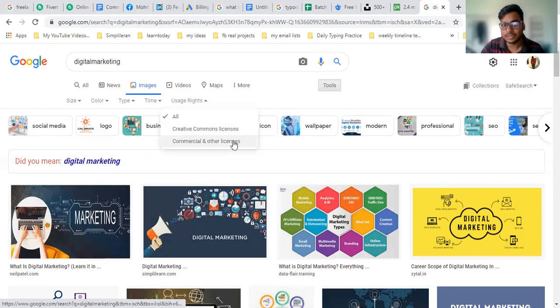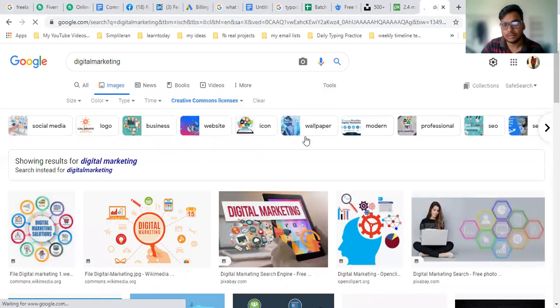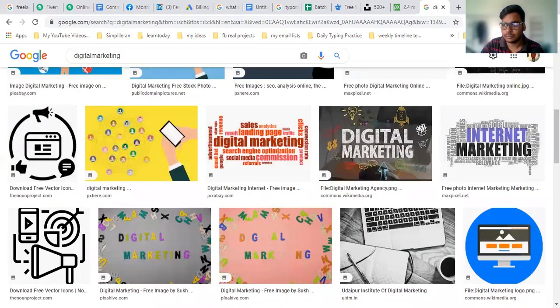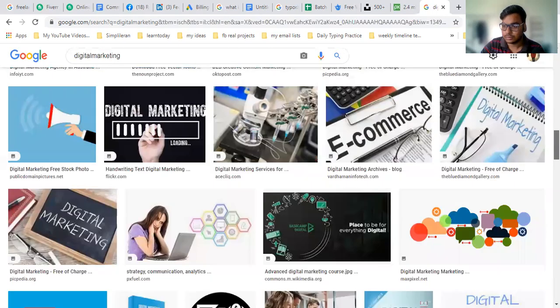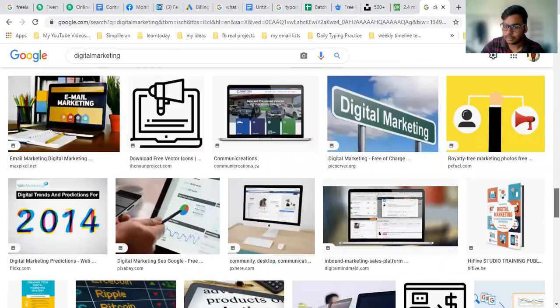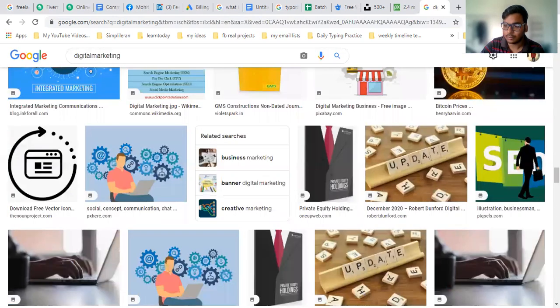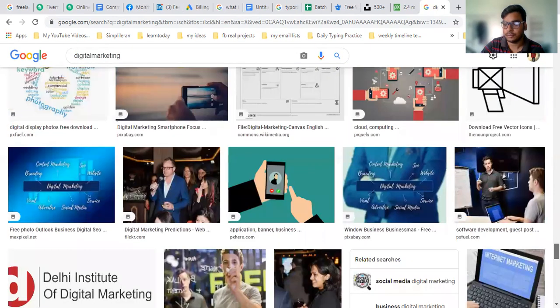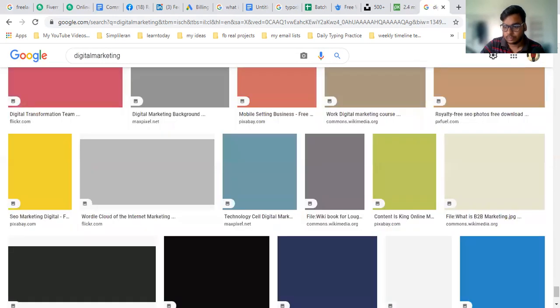Commercial and other licenses are the paid or copyrighted images, so you need to go to the Creative Commons licenses. Let's click that. Then all these images are copyright free. You can download any one of them and use it on your content anywhere you want. I think there are millions of images.